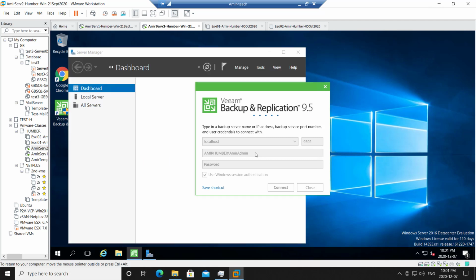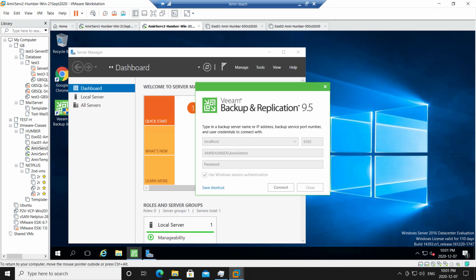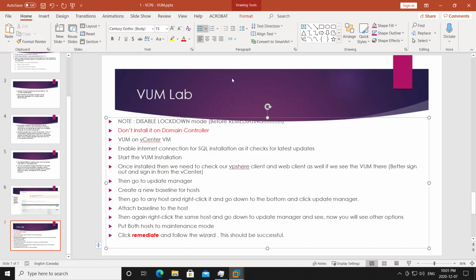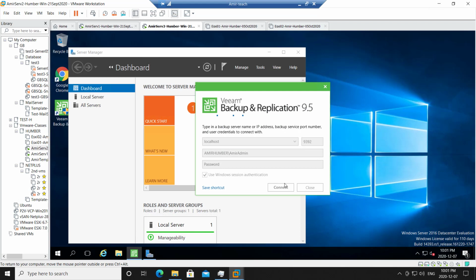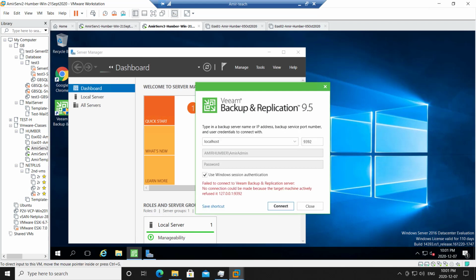So it opens up now. Well, that's the server manager in the background. Well, it says failed to connect, but I think I tried to connect too early while the other services are still starting.